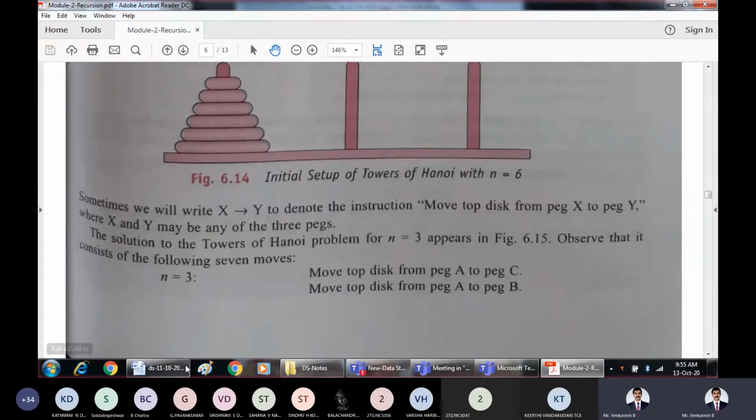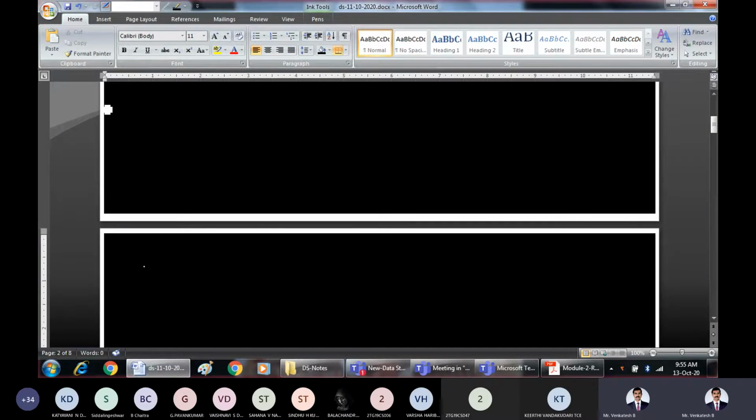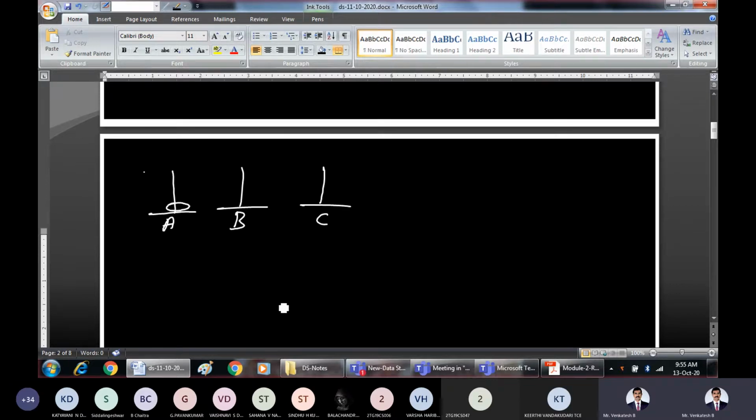Now we will go solving one by one. What is our intention? We should move these disks with the minimum number of moves. Say there is only one disk in the given problem, and I want to move this disk from A to C. So how many moves are required for us? That is our problem. As we can see, we don't need the help of B in this case. Why? Because there is only one disk. I should take this and move it to the destination.